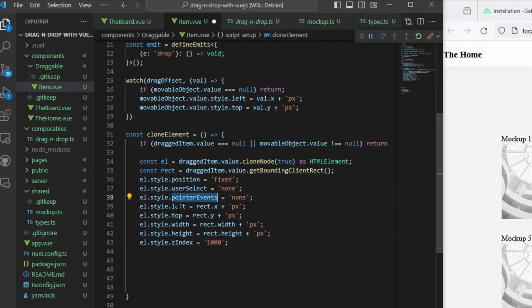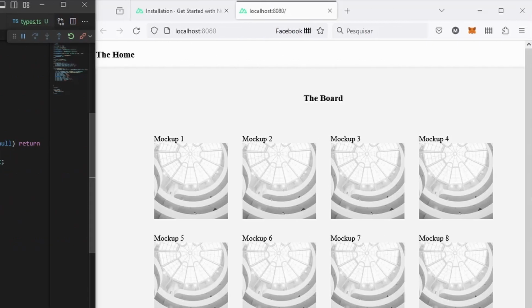Pointer events none, left. We are gonna set the position the element is in, because if I click on this element, I have one position, like one X and one Y. And if I click on this element, it's another, this is another, this is another. And what we want is that when we click here and try to drag, the element appears in the same position it's in. Okay, and you will understand why after, because if we click here and this doesn't appear here, I will be able to drag it anyways, but the position of this element will be like here in the screen and not under the pointer. So I want to be sure that the element is appearing in the same place the original element is,